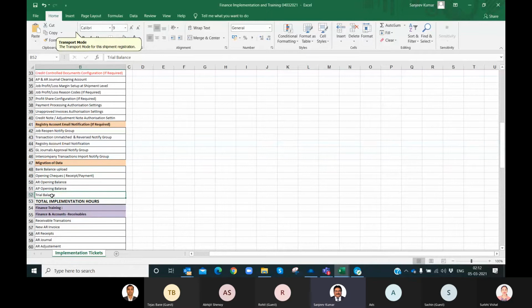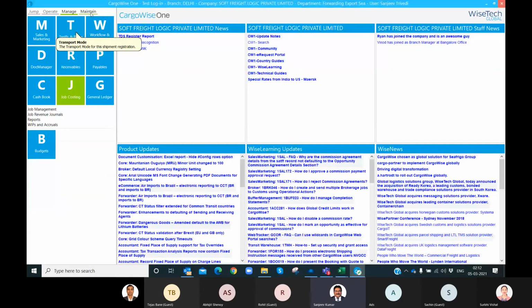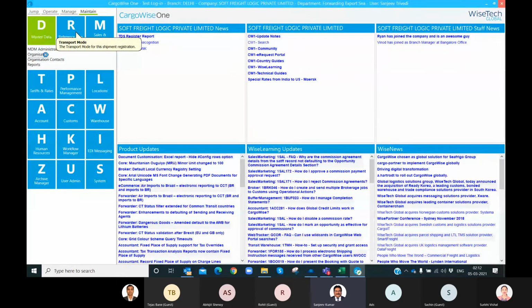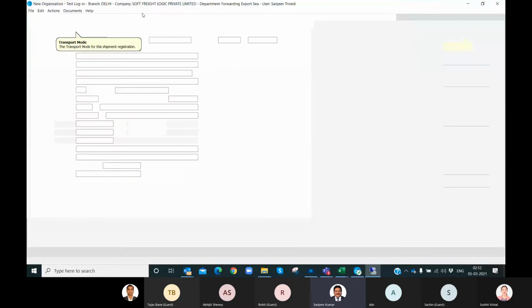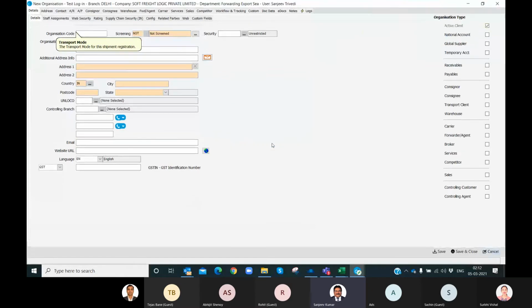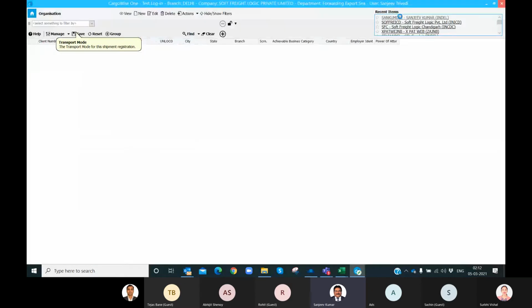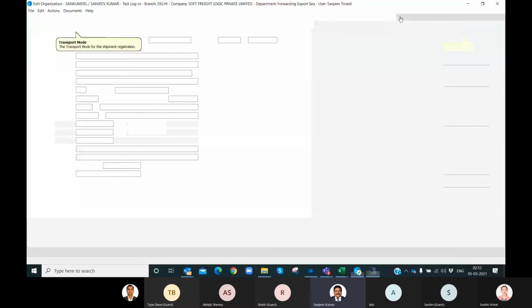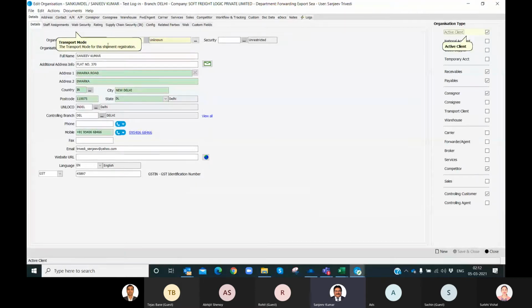In CargoWise, if you go to maintain, master data, organization, go to new. Or I go to this one, an already created one.